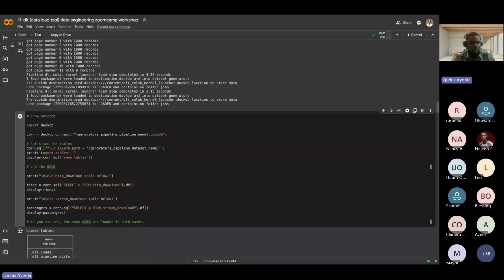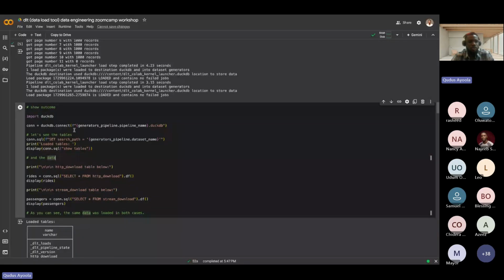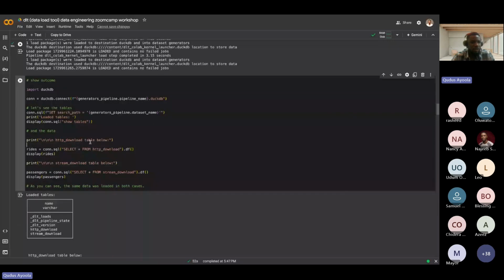So right here, this is your DocDB. Basically, you can set connection to your DocDB to query those same data that you just loaded. So I can come here, right? This is where we set our connection to DocDB. We import the DocDB library. I already explained what a DocDB is, which is an in-memory database.